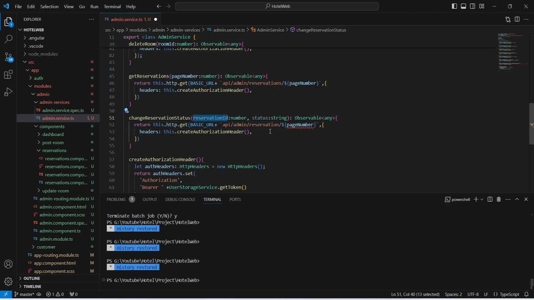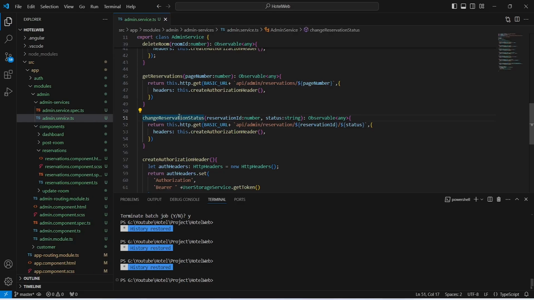will be string. And after this, we need to update the API URL, and after api/admin, we need to write reservation. And after the reservation, we need to pass the reservation ID, so we will replace this page number with reservationId. And after the reservation ID, we will pass status. And with this, our changeReservationStatus method is completed in admin service. Now let's save this file, and after this, we will open